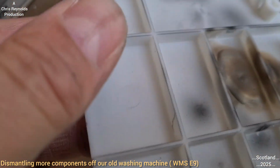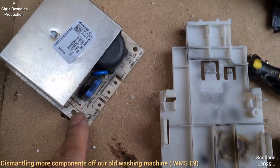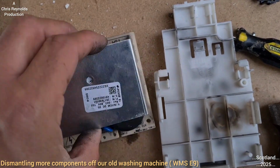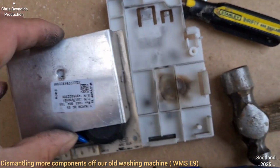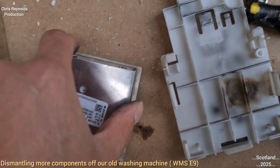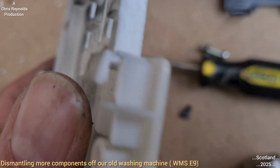The circuit board slides. There's a couple of pegs and dowels there as well, but they just locate into the circuit board there and there. That kind of helps locate it, because it's got to be firmly fixed, because there's a lot of vibration going on in the washing machine. So as I say, the thing was just sliding in, like the bottom bits of the circuit board. That edge was just sitting in there and in there as well,